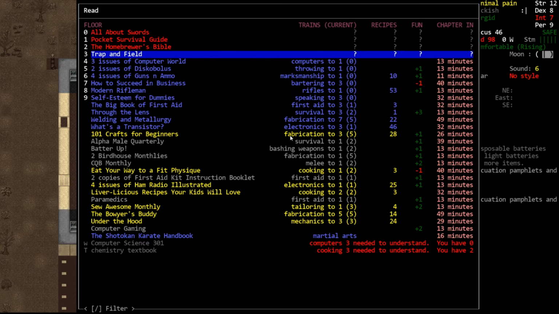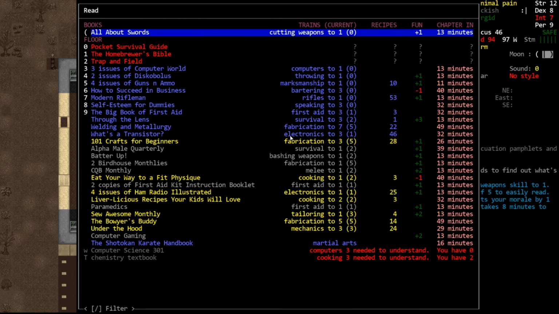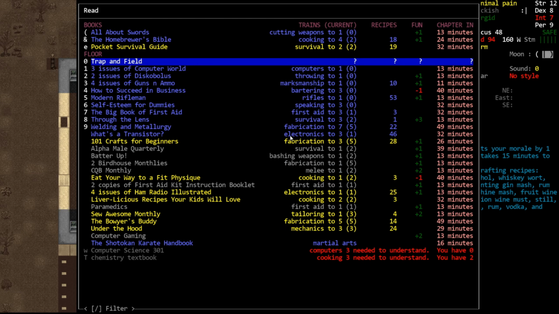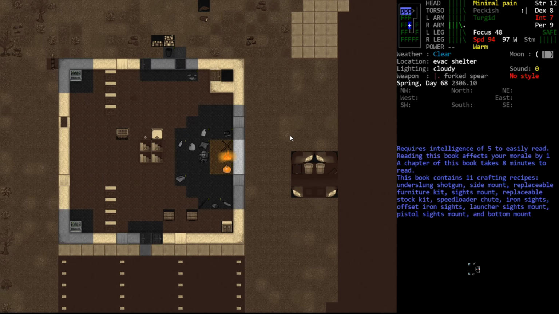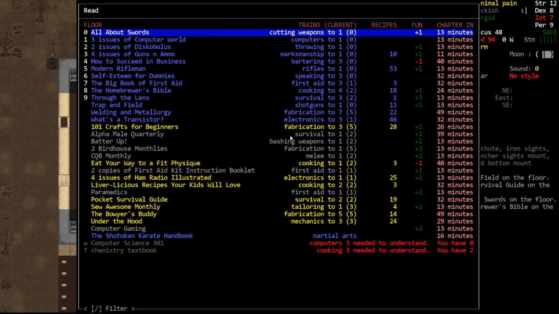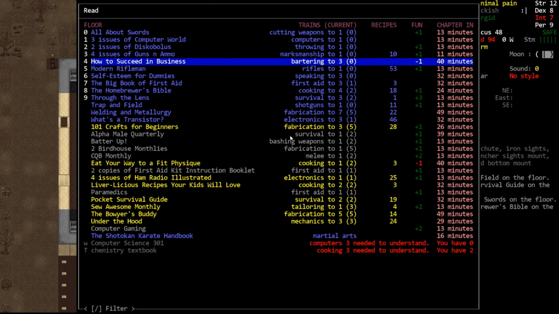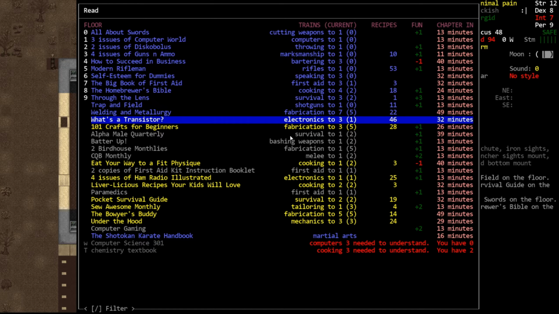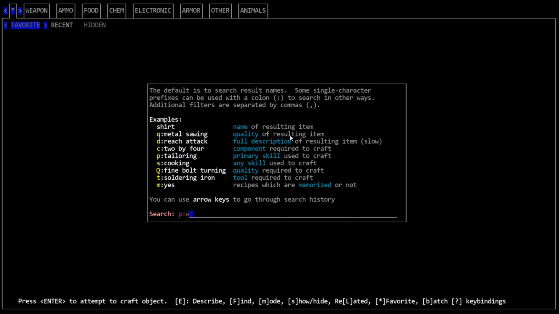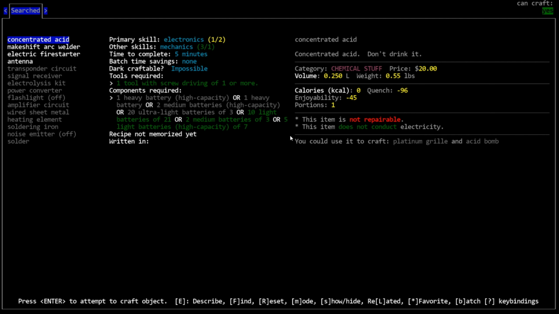Nope, that's the wrong menu. Let's read these quick so we can get access to their recipes and see what their skills are. Trap and field. Okay. And then we don't need them in our inventory, so we'll drop them. Alright, electronics. Yes, electronics to 3. 32 minutes. If you don't have an electronics book, you're going to have to craft to raise it, and